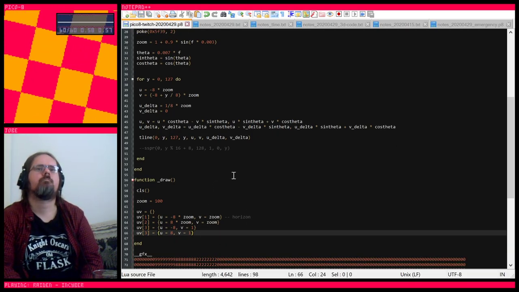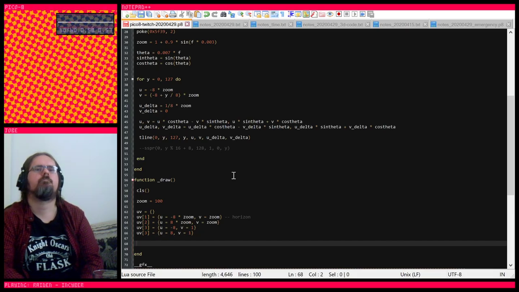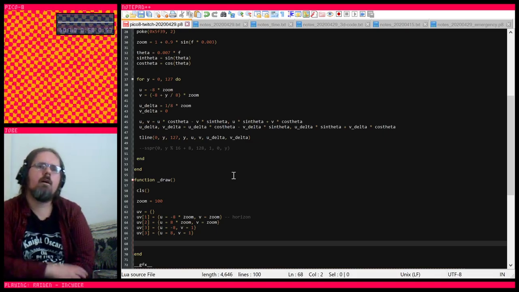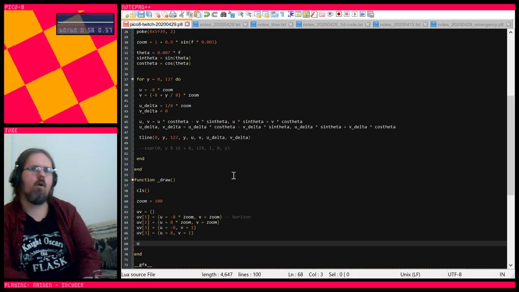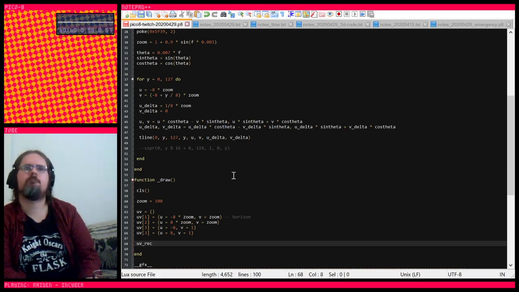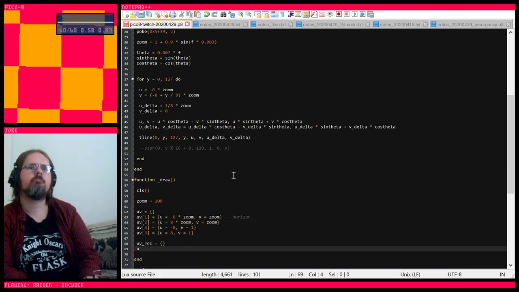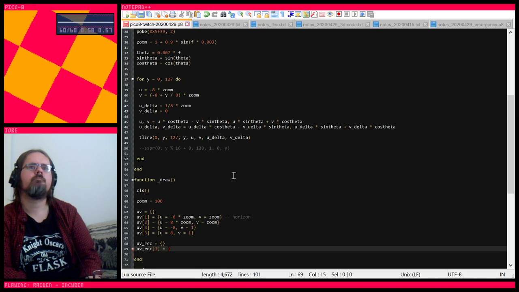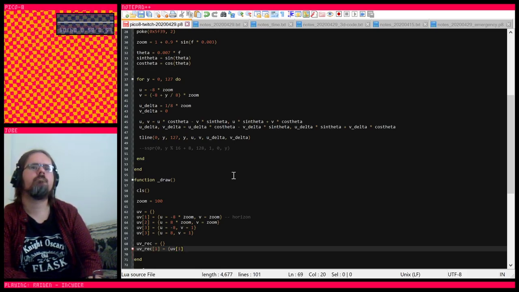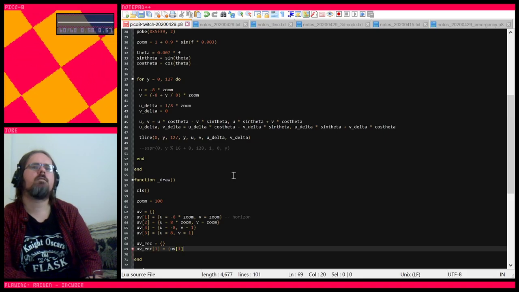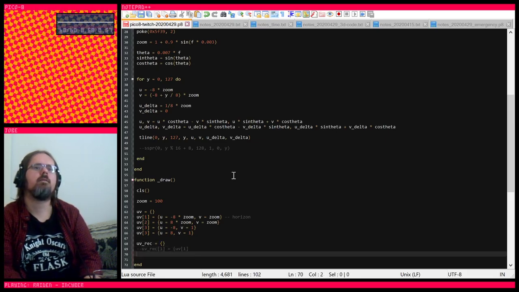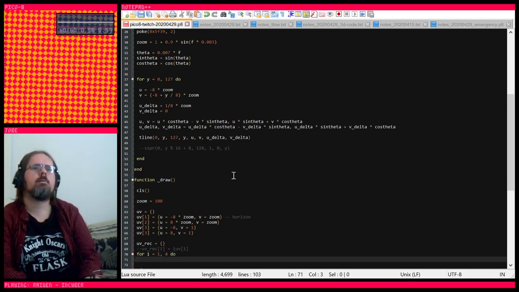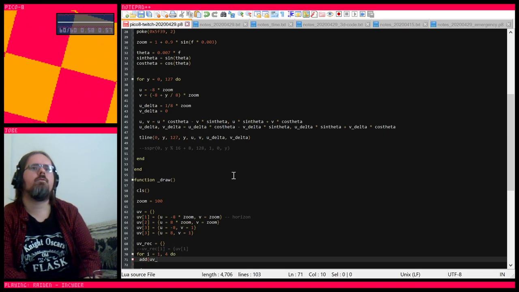So, now we're going to define the reciprocals of all of these. Actually, let's do it like this. This is going to be faster. For I equals 1 to 4 do add UV rec